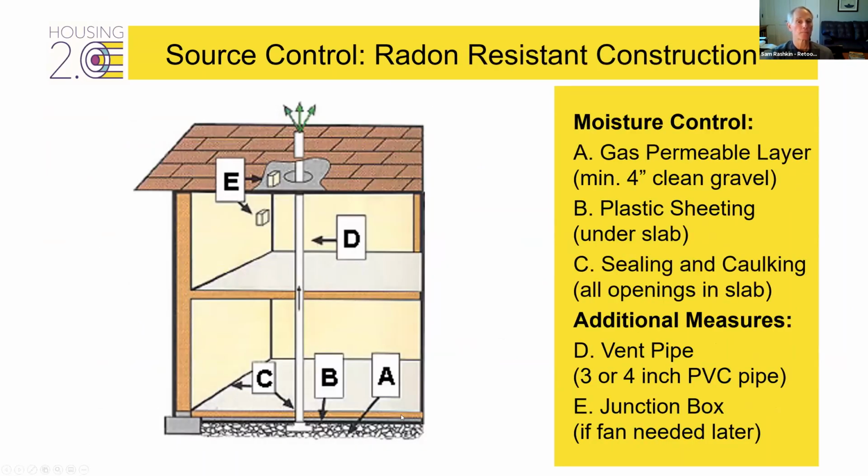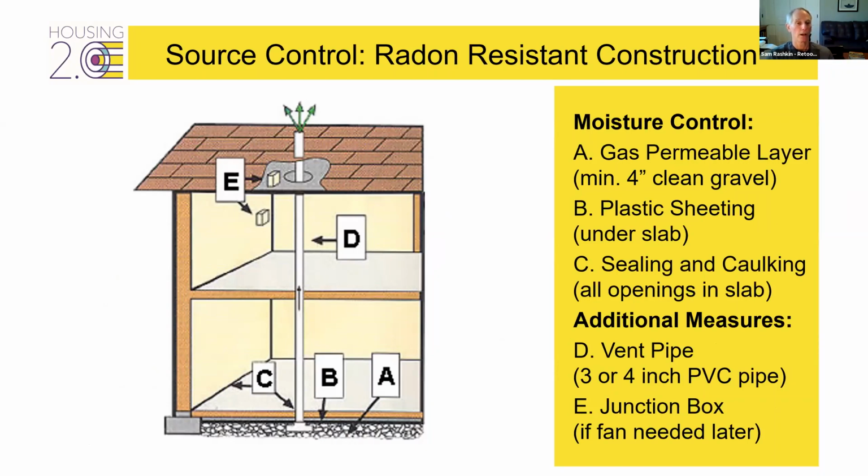We get a freebie with moisture control. We already have a poly layer under the slab. We already have the gravel that collects the air as well as the moisture. And we also already have sealing and caulking around any openings like sump pumps or any penetrations into the slab. So all we need to do for a radon resistant construction is put a vent pipe so the soil gases can vent